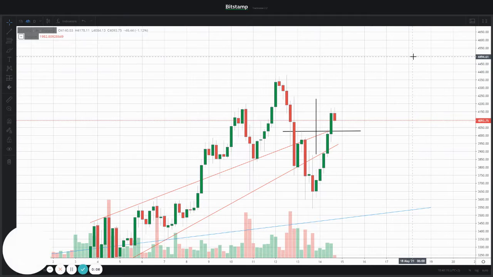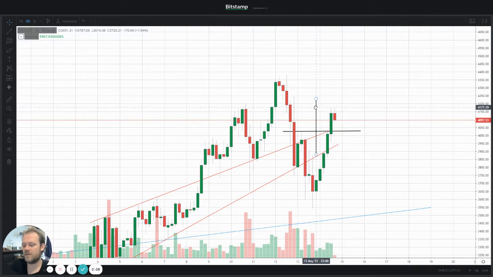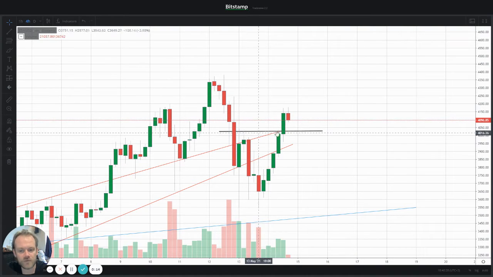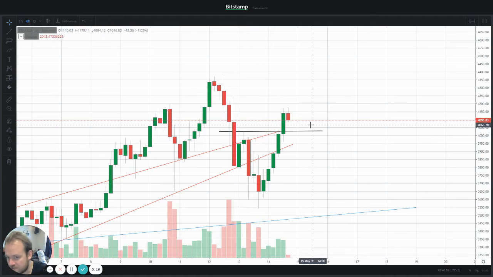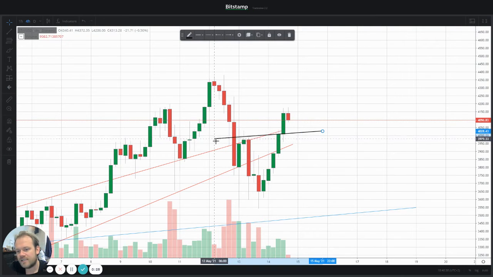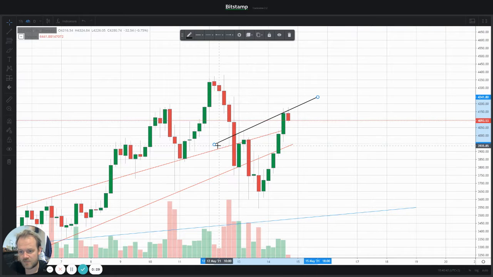Actually, if you watched my previous video, I don't know if I should apologize, but it looks like we are now, just now, starting to create the head and shoulders, and I was wrong with my neckline here, more or less. I traded the breakout, but I was very curious why we did not form the right shoulder. Nonetheless, sometimes a head and shoulders pattern can look somewhat like this as well.